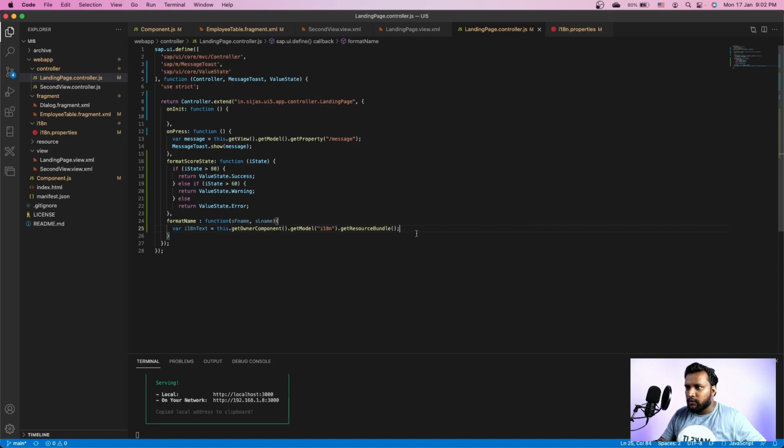Perfect. Once we get it, now we have to format the text. So I'll use something called sReturnValue equal to i18n text dot get text, which will take two parameters.